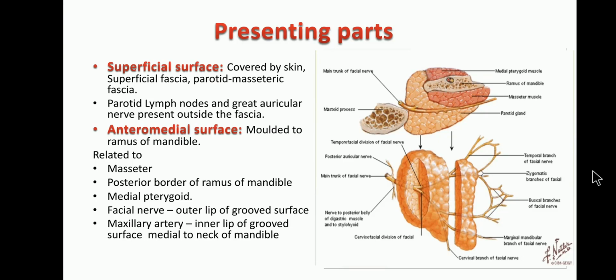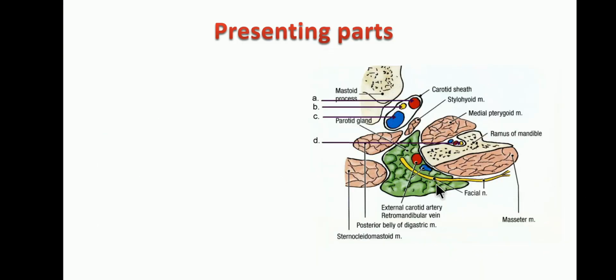Next we will move on to the posteromedial surface. So this is the superficial or lateral surface we have seen. Then we have seen the anteromedial surface, which is related to the masseter, ramus of mandible, and the medial pterygoid muscle. On the outer grooved surface you are able to see the facial nerve. The inner lip of the grooved surface is the maxillary artery, which is a branch of external carotid artery. Within the mandible you are able to see the mandibular